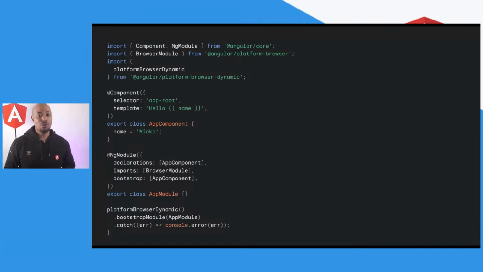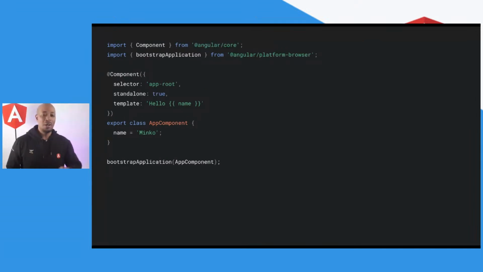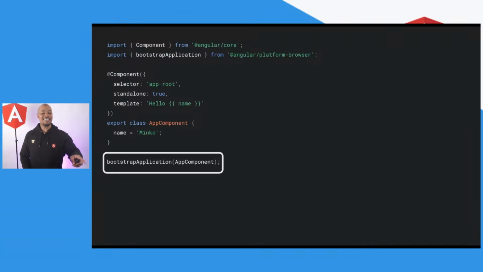Once you move over to standalone, this is what you can do. This is the same code, the same file, but we've removed all of the boilerplate that you would have to use. And now look at how small this has turned out to be when we remove all that other stuff. But here's something else really nice. Check this out. I love this little function, bootstrapApplication, because we're able to bootstrap an app from a component and not just from an Angular module.